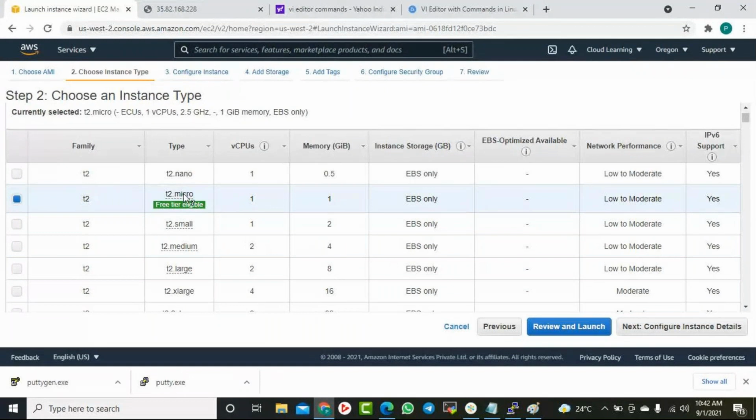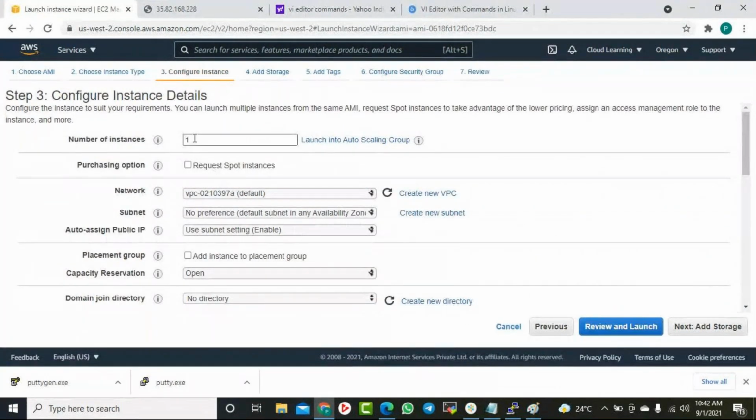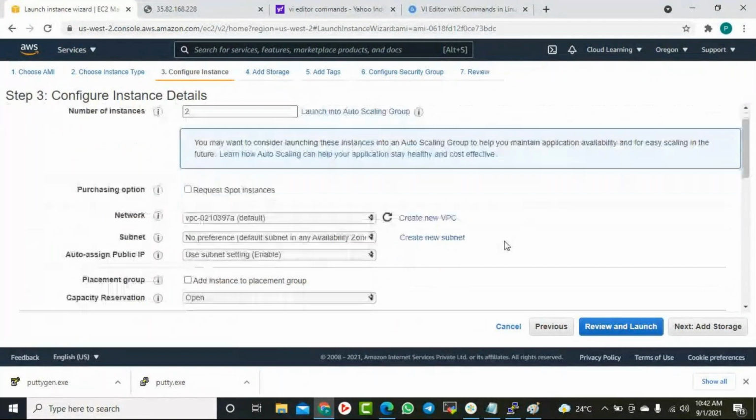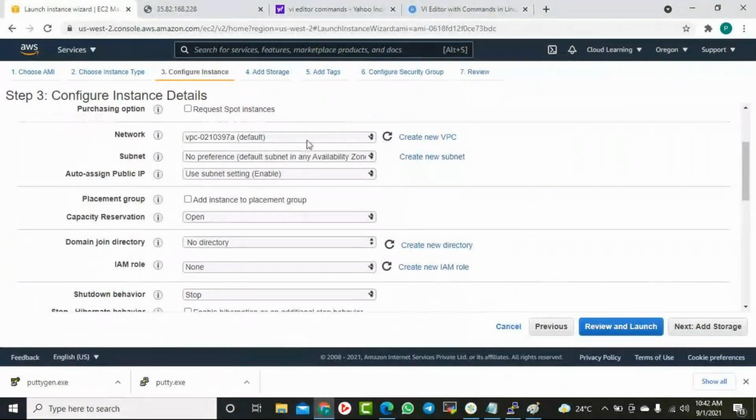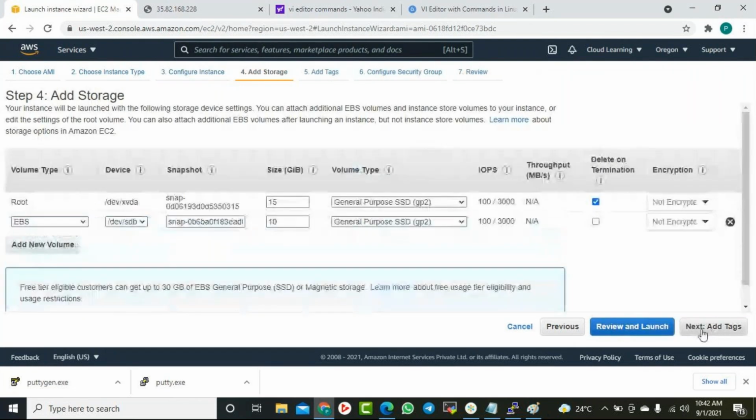My server was t2.micro, and it picked up that one. It will create however many servers I choose. The network and other settings it will take by default. If you want to make changes you can, but I need the same duplicate server.